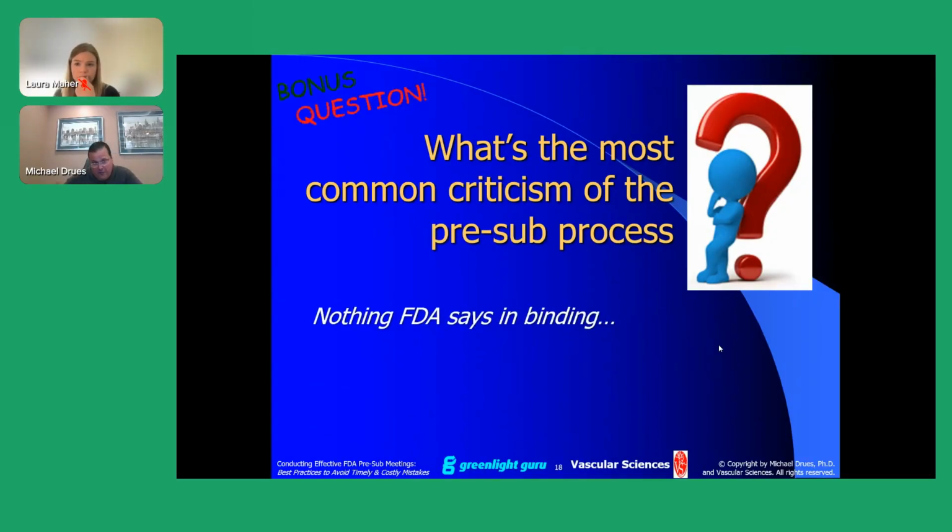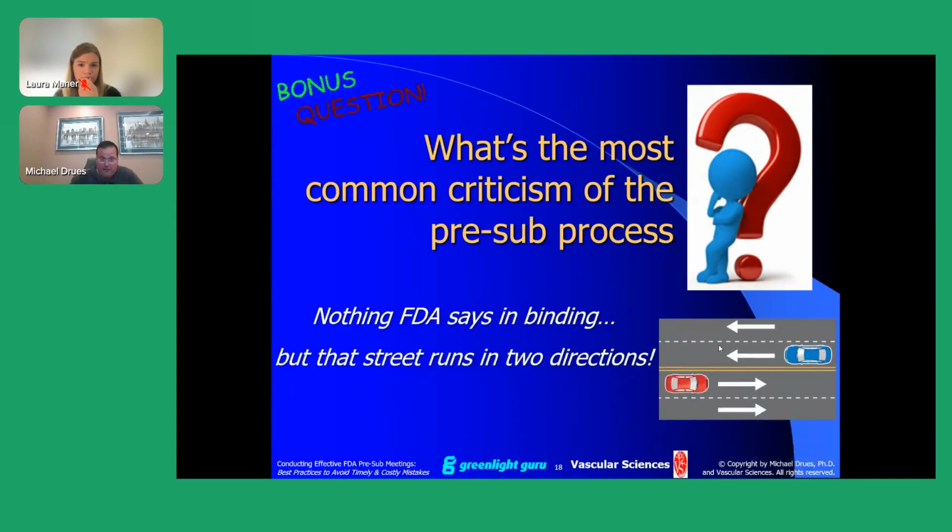As a matter of fact, for those of you that have had a pre-sub with the FDA, you probably remember 3, 4, maybe 5 times FDA will point out during our meeting, because this is part of the script, that nothing that they say is binding. Whenever they say that, I always say, thank you very much, FDA, for telling me something that I already know. But, oh, by the way, I want to remind you that street runs in 2 directions. In other words, nothing that I say is binding. So things can change, but nonetheless,